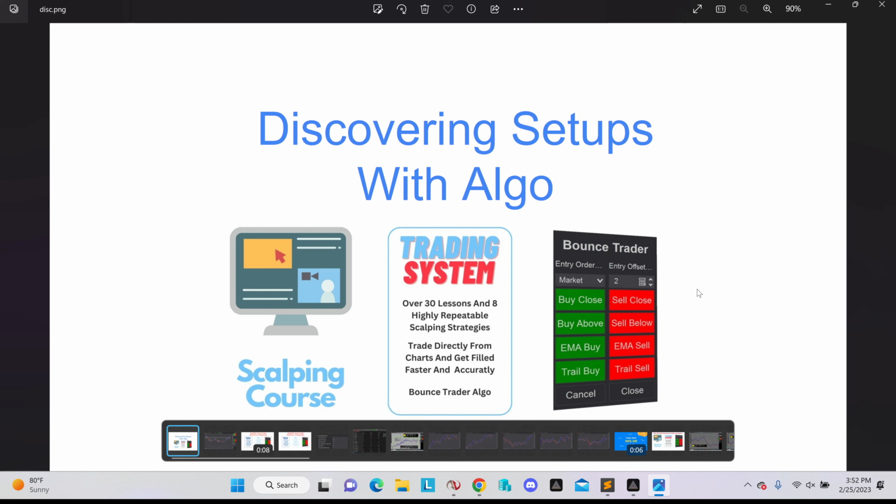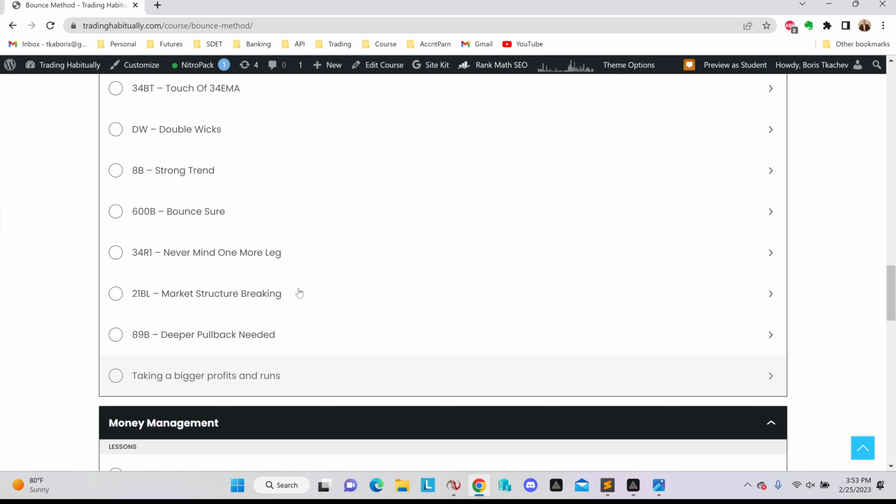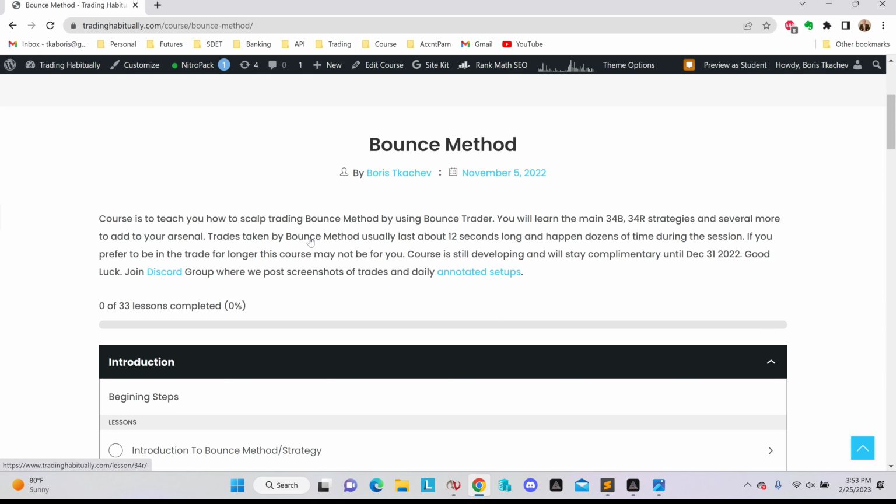Hello traders, I want to record a video about how to discover good setups with Bounce Trader Algo, and just a thought process that I go through when I'm looking for strategies, looking for new instruments to trade. So let's begin. First of all, I will be using strategies that are outlined in the